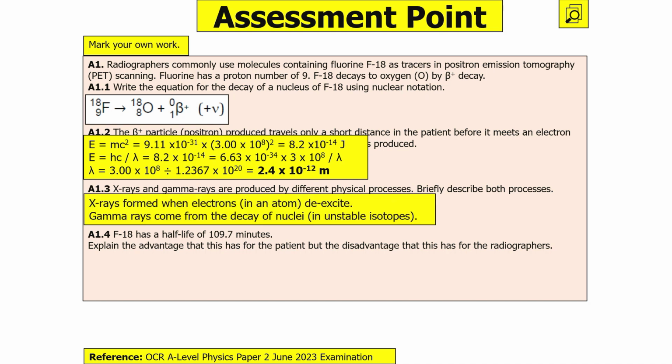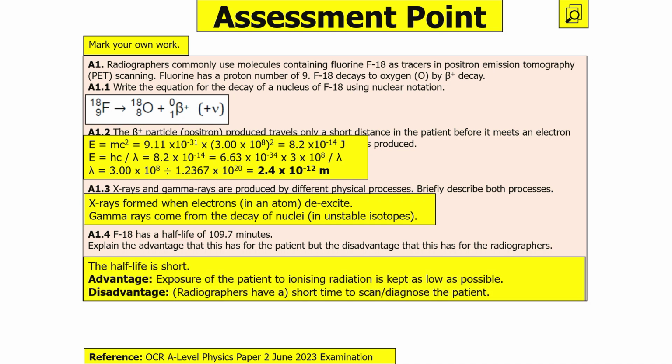Now X-rays are formed when an electron in an atom de-excites and releases a photon, while gamma rays will be more energetic, and those photons come from the decay of a nucleus in unstable isotopes. Now the advantage it has is that the half-life is short, so the exposure of the patient to the ionizing radiation is kept as low as possible, but the disadvantage is that it's only a short time to scan and